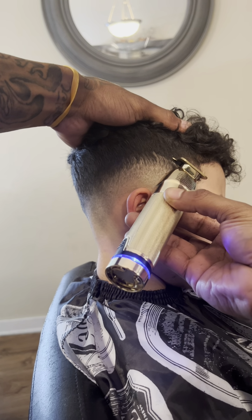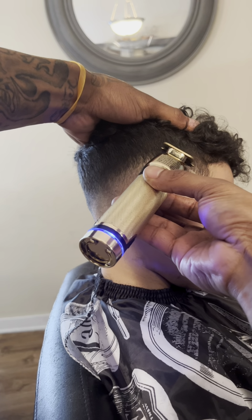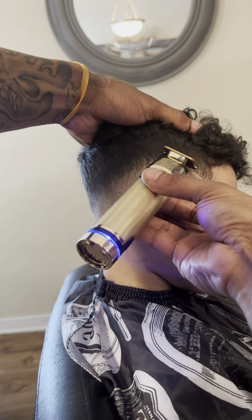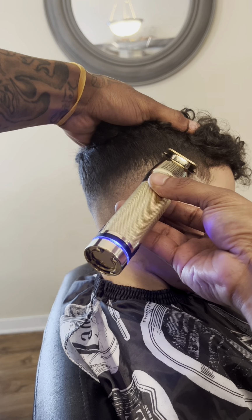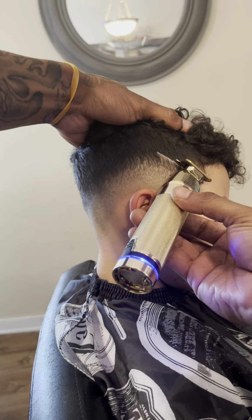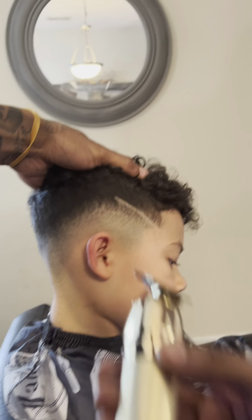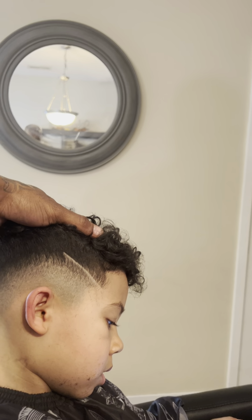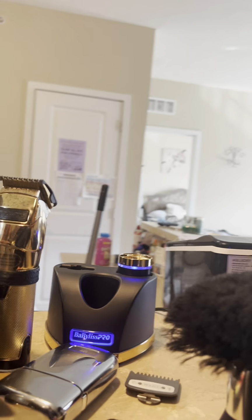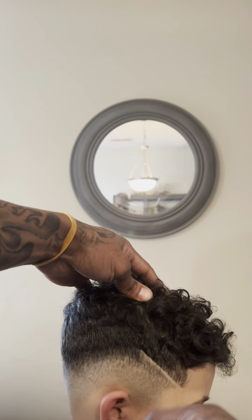All right, so to start this design, I'm gonna go on my Babyliss Snap Effects trimmers. I'm gonna start by just tapping at the line. You want to just take your time with this, and also if you want to use spritz or something to hold the hair in place as you do this design, that wouldn't be a bad option. And just for the sake of the video, I'm actually gonna use some spritz, so you can see